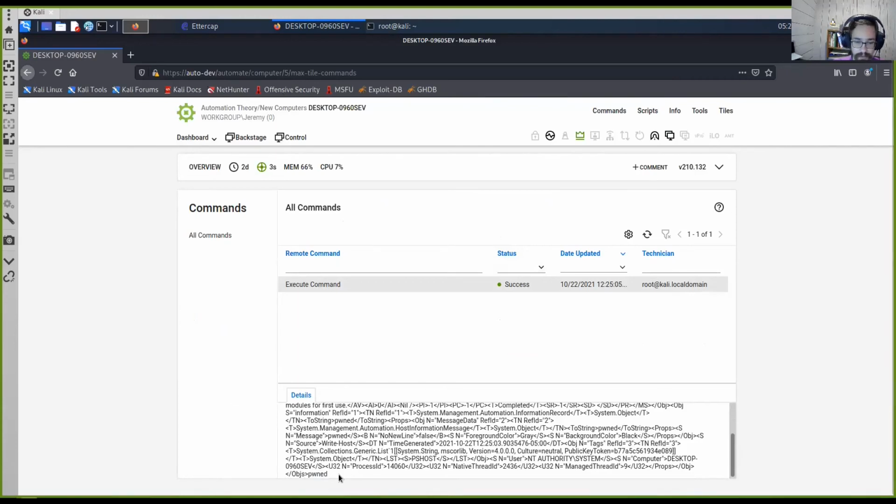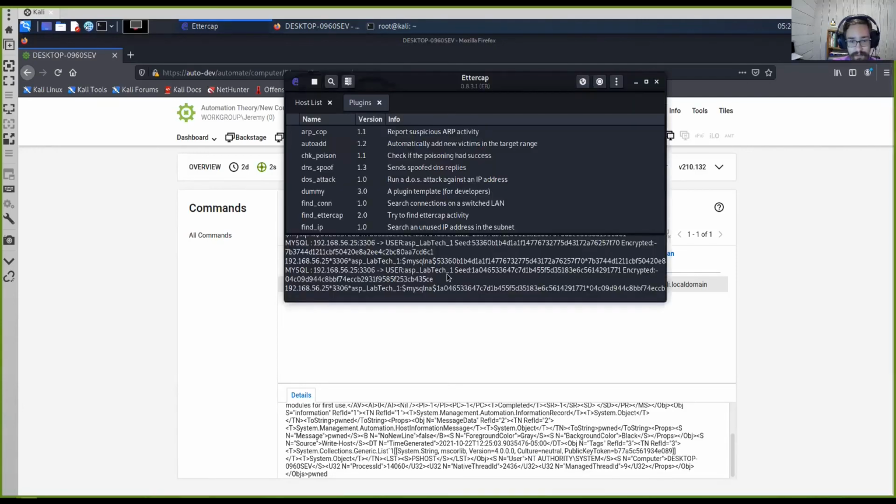It pulled over the local network, write the word pwned to the command line. So it did go ahead and pick that up. Of course, it's running as NT authority system like the Automate agent does. And so that right there is, in a nutshell, how you would go ahead and break into an Automate server